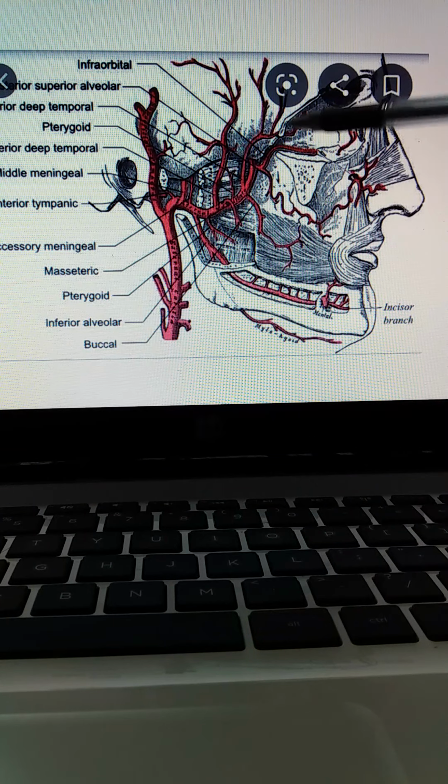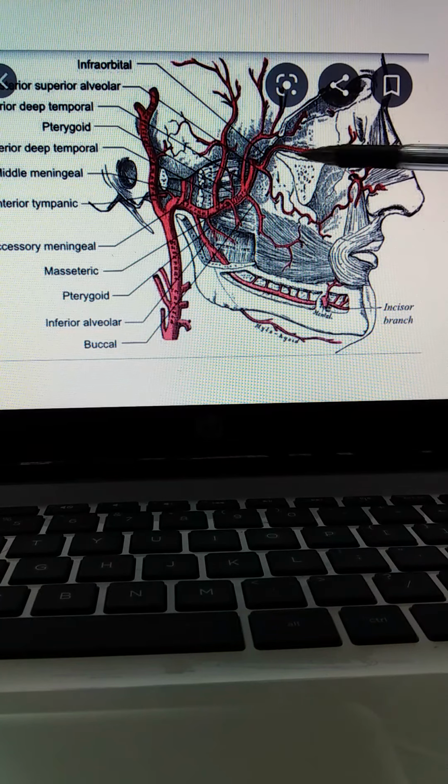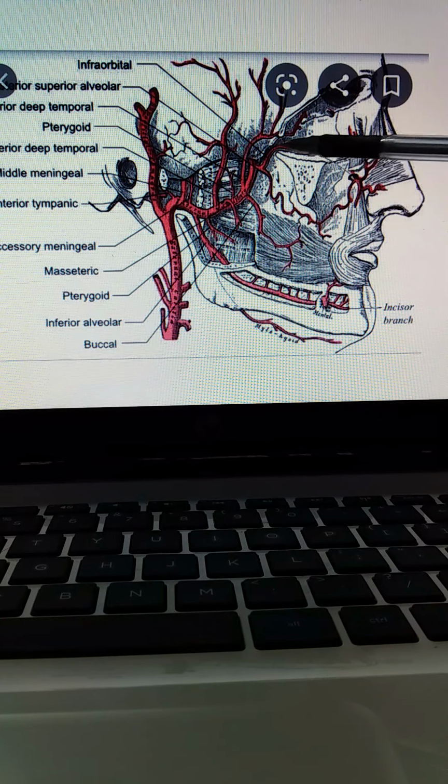Then comes your infraorbital branch. This branch is your infraorbital branch. This infraorbital branch enters